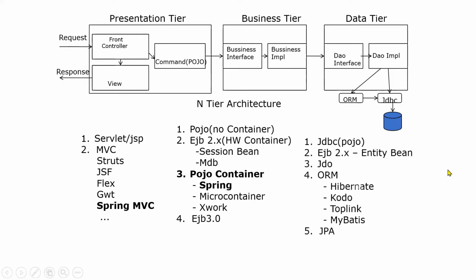Then when it comes to the data tier, Spring has a template. Spring is also known as a template framework, right? Template is part of the Gang of Four design patterns. In the Gang of Four, there is a class scope, nothing but inheritance, and there is a behavioral pattern called template. Normally, whenever we talk about a pattern, we have to give the scope of the pattern also, whether it comes under inheritance or composition, right?